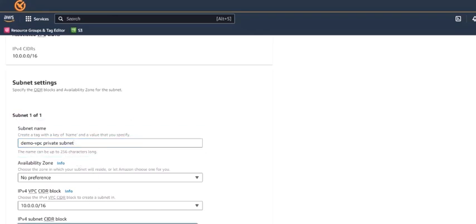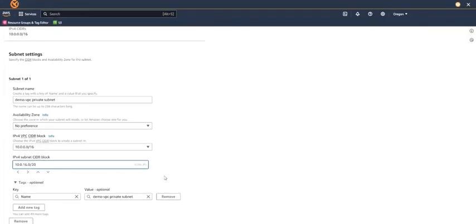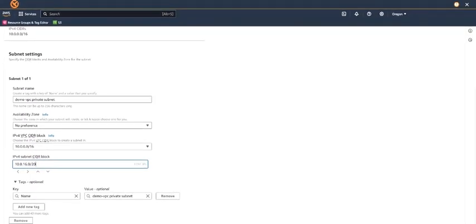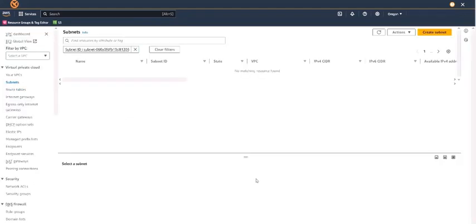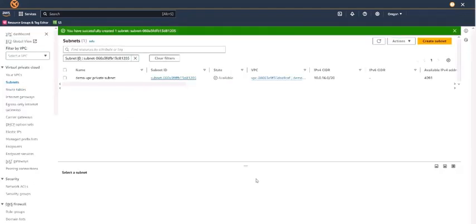Go to the IPv4 subnet CIDR block field, and we enter a CIDR block range that doesn't overlap with the CIDR block of the public subnet. So choose Create subnet to finalize our private subnet.